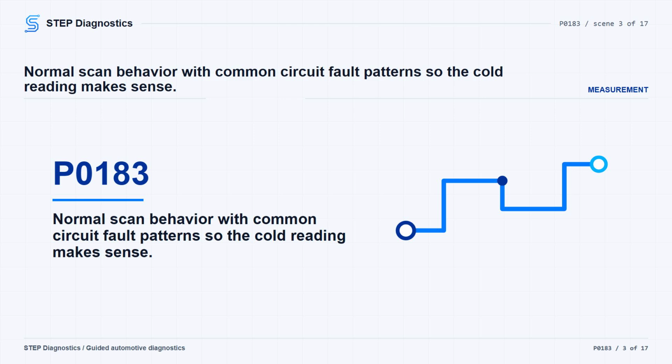In the typical scan data, a signal short to ground is shown as signal 110 degrees Celsius, 230 degrees Fahrenheit. A signal open is shown as signal -40 degrees Celsius, -40 degrees Fahrenheit. A signal short to voltage is also shown as signal -40 degrees Celsius, -40 degrees Fahrenheit. And a low reference open is shown as low reference -40 degrees Celsius, -40 degrees Fahrenheit. That is why this P0183 path pays close attention to a cold-looking scan value and then proves the wiring before